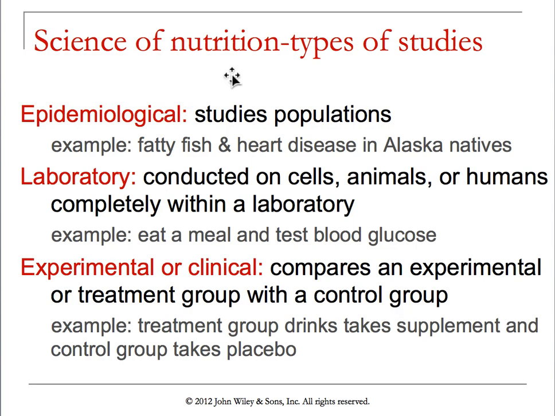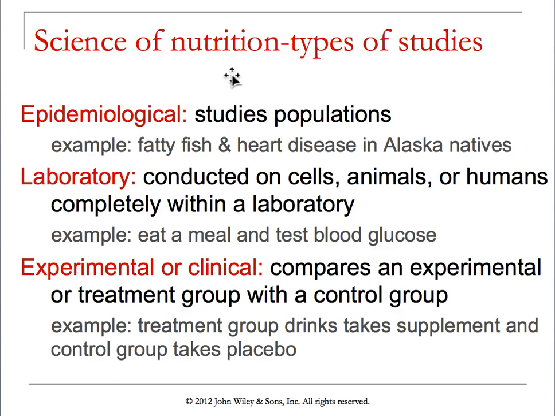The second type of study is a laboratory study. It's conducted on cells, animals, or humans, but is conducted completely within a laboratory. So an example of this would be if an individual in a lab ate a meal and was then tested for blood glucose. And the third example is an experimental or clinical study, which compares an experimental or treatment group